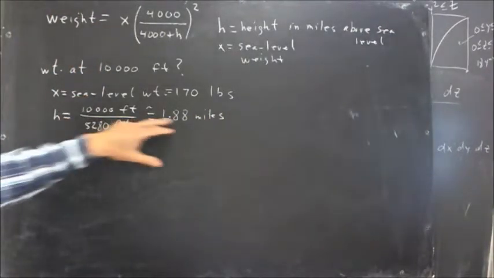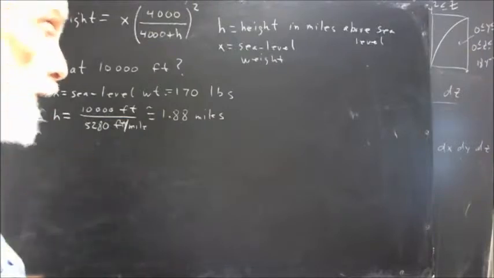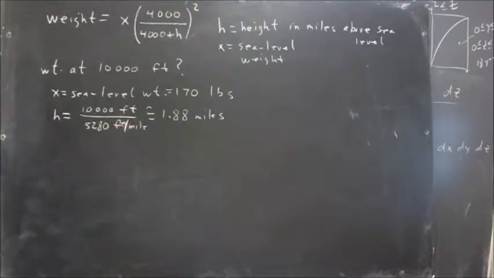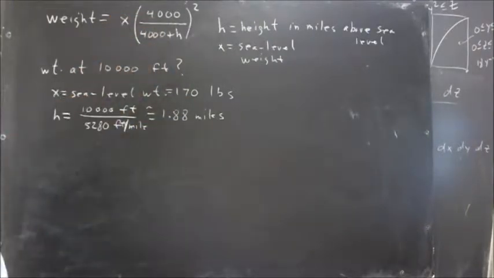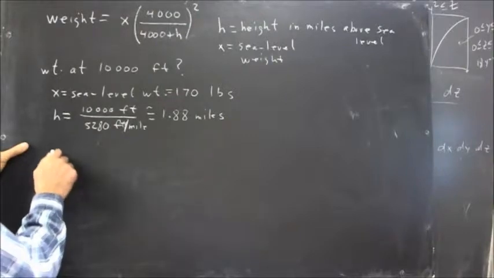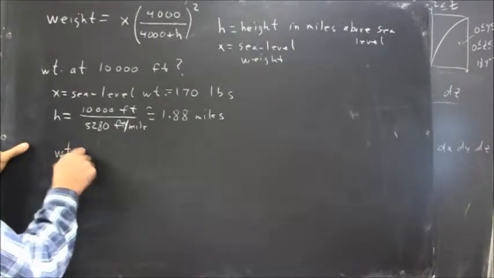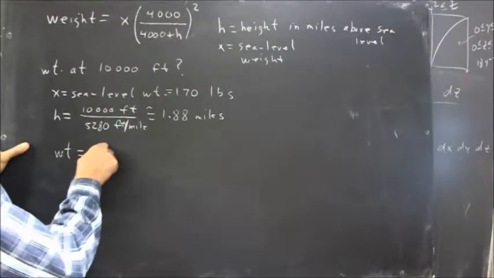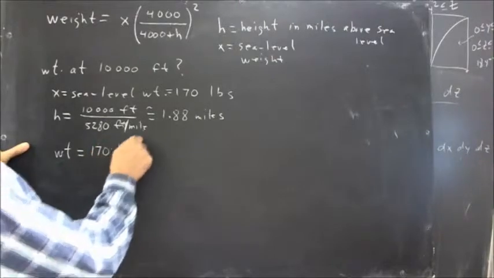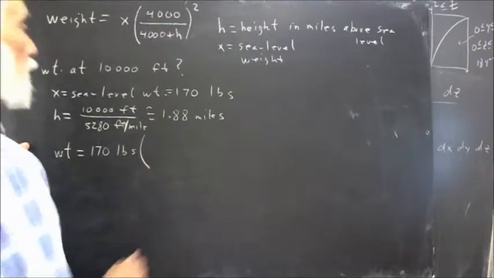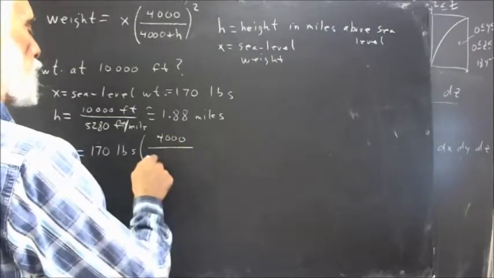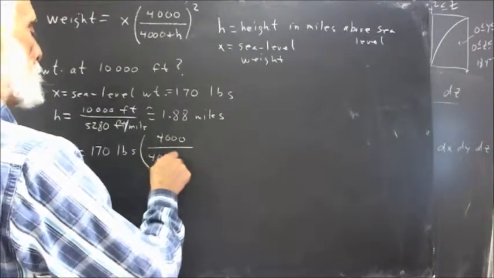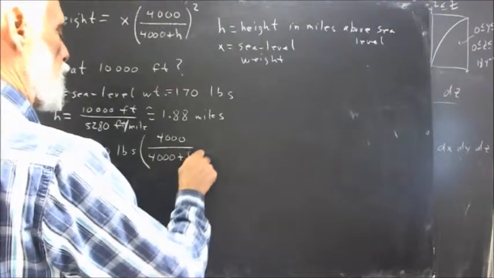You can do that division and see what you think and see if I did that right. And if you catch me in a mistake, very good. Okay, so now we can go ahead and plug that in here. So the weight equals 170 pounds times 4,000 over 4,000 plus 1.88